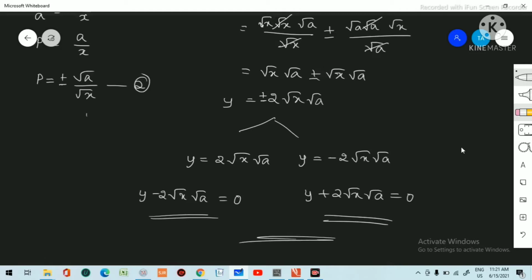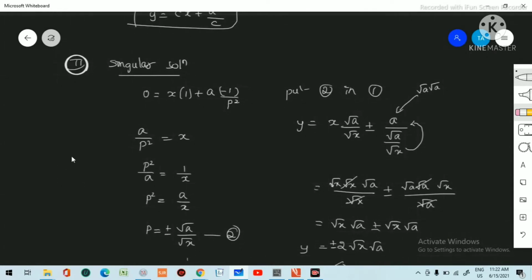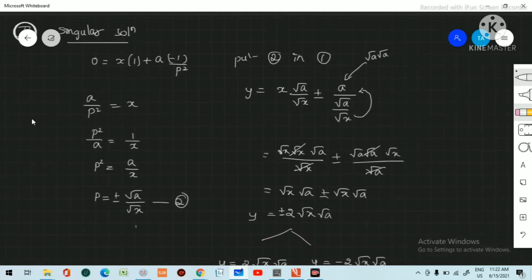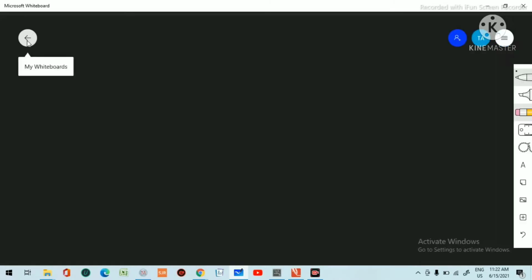Is it fine? In the program also you will get 2 values. Is it fine, guys, the method? Yes, sir. So we'll go to the second problem. We'll keep this one as it is. When we come to the program, we will see what we are substituting and how we are getting the output. Now we'll go to the second problem.